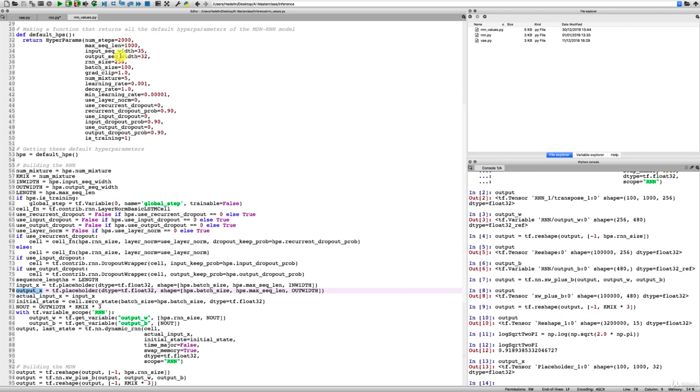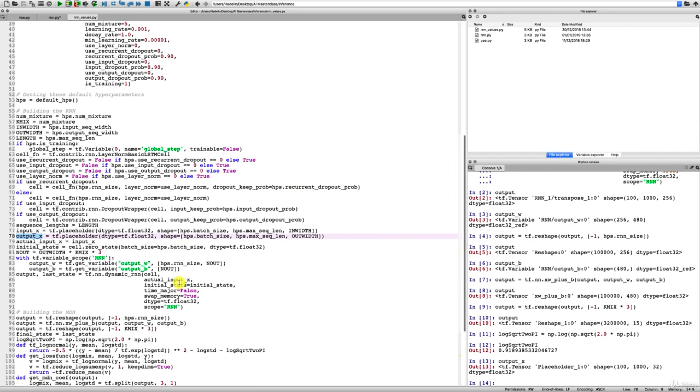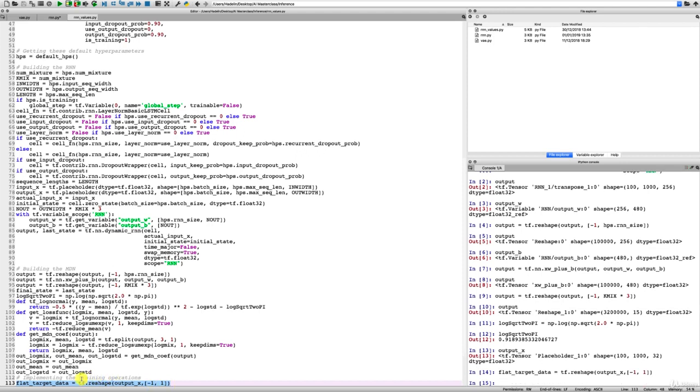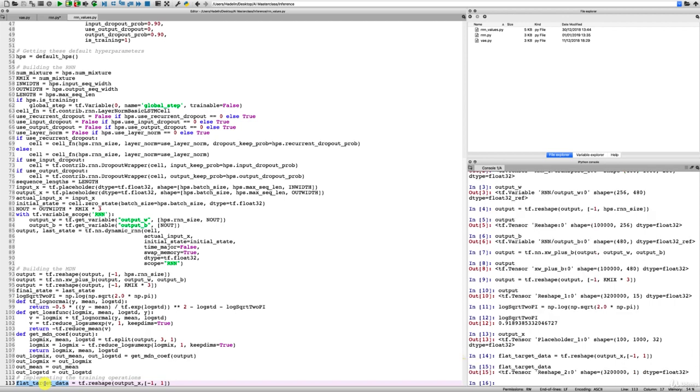And so that's the original shape. And now what happens after the reshape? So we have to scroll down a bit and find that flat target data. Here it is. So I'm going to first execute this. Here we go. And now I'm going to execute only this flat target data. And now let's see the new shape. It is going to be, as we've just said, a full flattening of all the elements one by one, with therefore